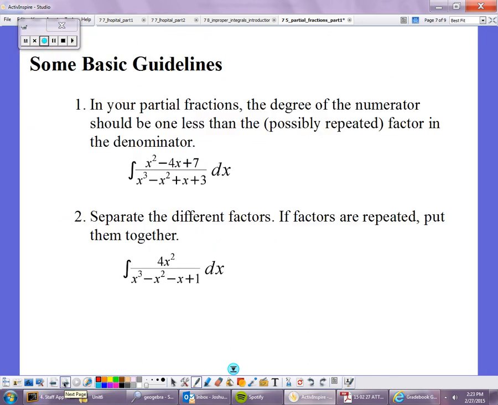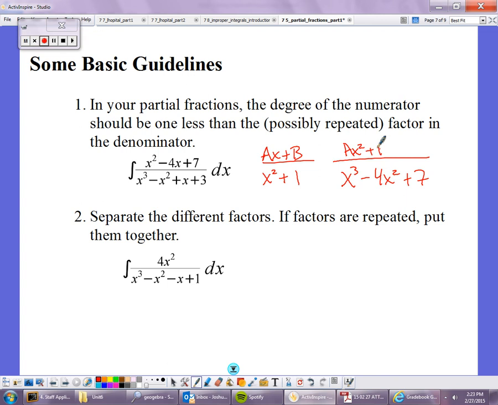Right, here are some basic guidelines that I've put together as I've done a bunch of these problems, and you're just going to have to do them to see how they work. But things to remember: one is that in your partial fractions, the degree of the numerator should be 1 less than the possibly repeated factor in the denominator. So whatever the degree is in the denominator, you want to make the numerator 1 less. If you've got x squared plus 1 in the denominator, you want to have ax plus b, a linear factor, in the numerator. If you've got x to the third minus 4x squared plus 7 in the denominator, then you want to have